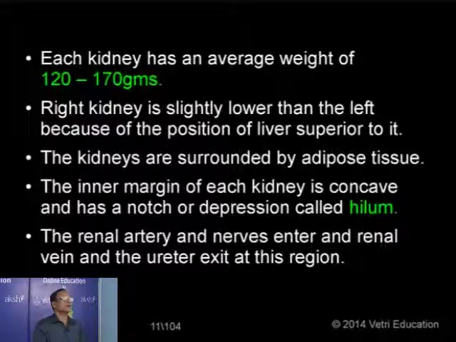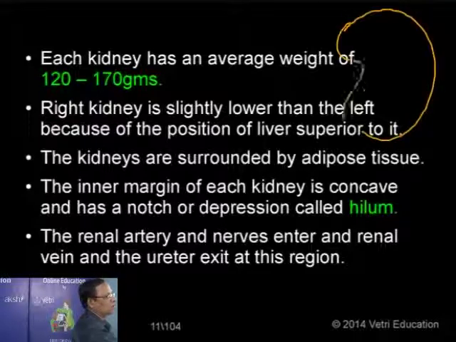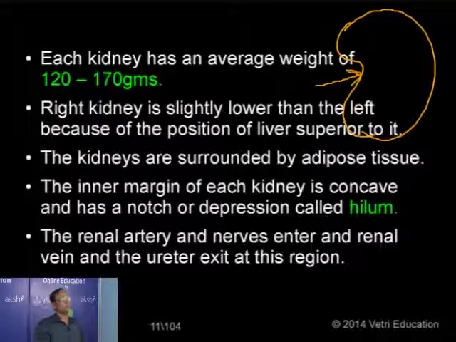Now, on the concave side of the kidney, there is a depression, a notch-like structure. This depression is called hilum or hilus. In some books it is given as hilus, hilum or hilus. At this point, the renal artery and the nerves enter into the kidney, and the renal vein and the ureter exit from the kidney. So it is a place of exit and entry for the vessels, nerves as well as the